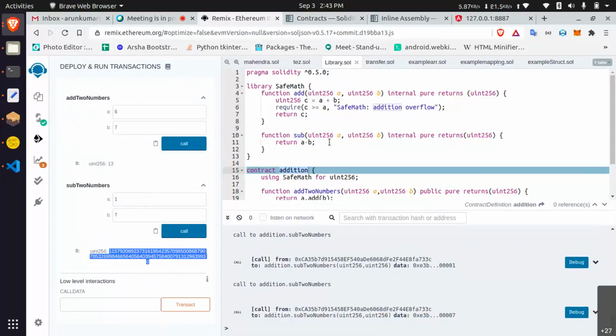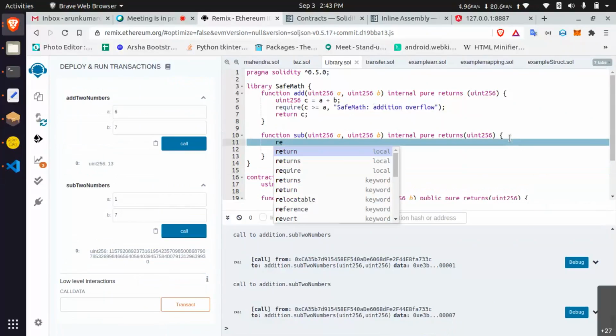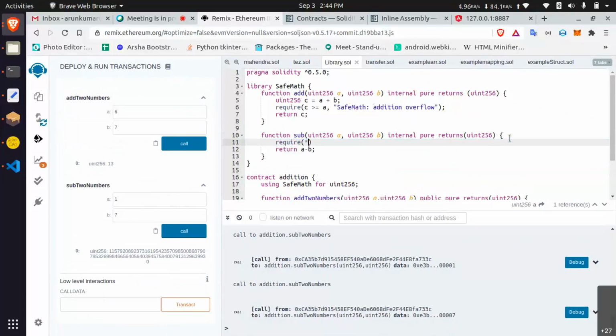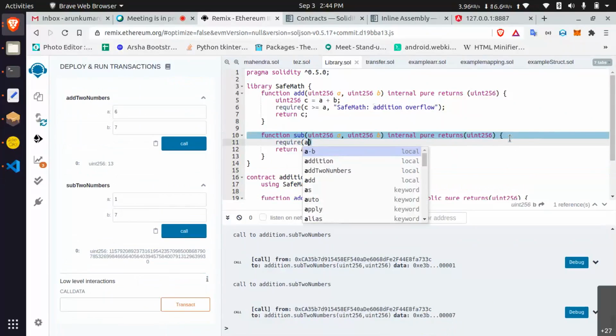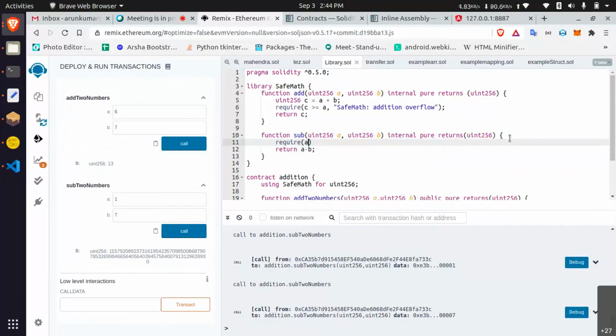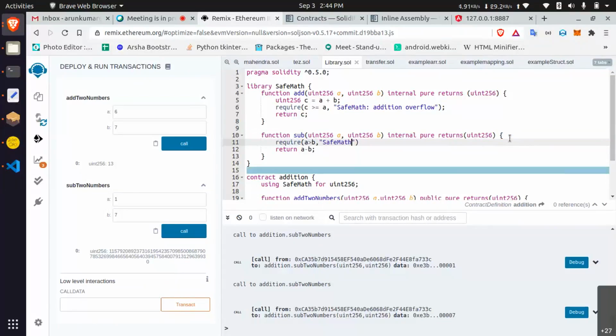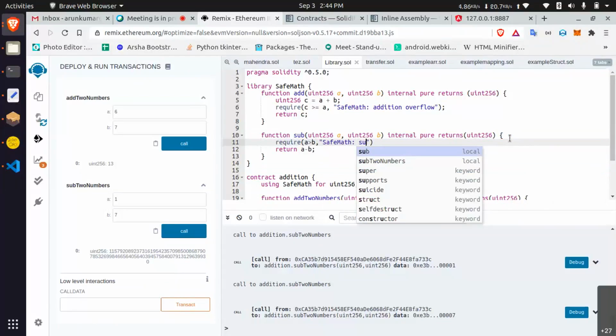You have to validate, so you have to write require a greater than b, true. If a is greater than b, like 7 minus 5, we can do it, with a SafeMath message: subtraction overflow.